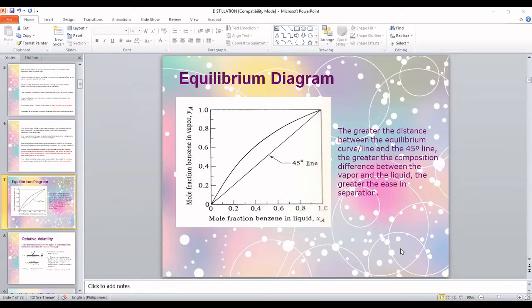So this is the diagram that we are utilizing when we are using the graphical technique of determining the number of stages in our column, both in our enriching section and in our stripping section. But I would also like to emphasize that when we determine the number of stages, we use the numerical technique, and we don't rely on the graphical process. But nonetheless, I don't want to not discuss this graphical process because it gives you more